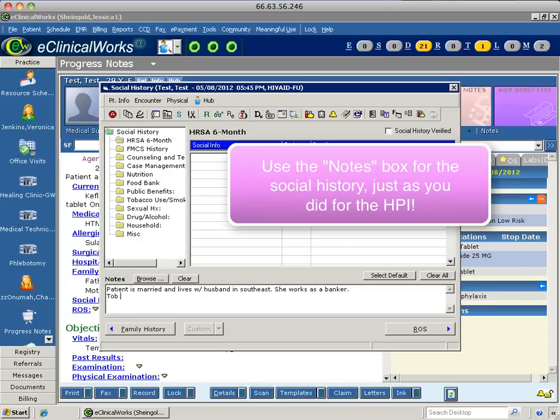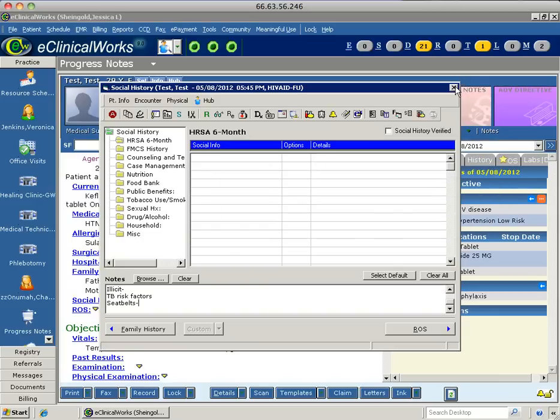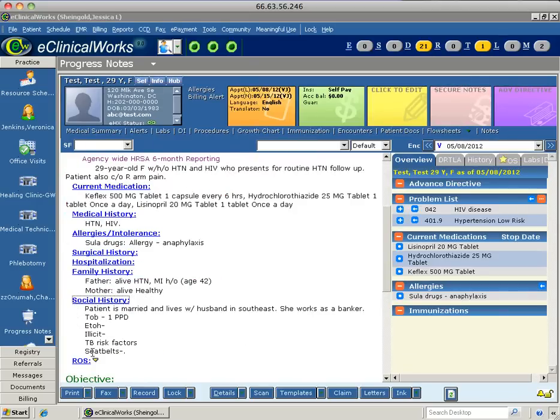Then you can do tobacco, one pack per day, ethanol, illicit drugs, TB risk factors, and anything else that you would list here, seatbelts, and all that other information. Click X and it populates, and then we move on to the last part of the subjective, which is the